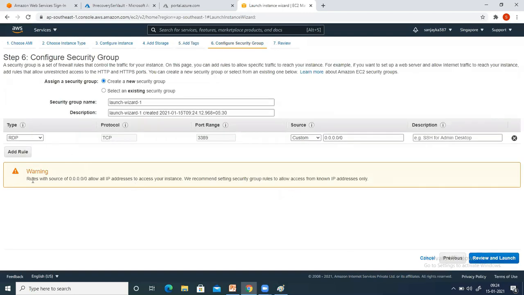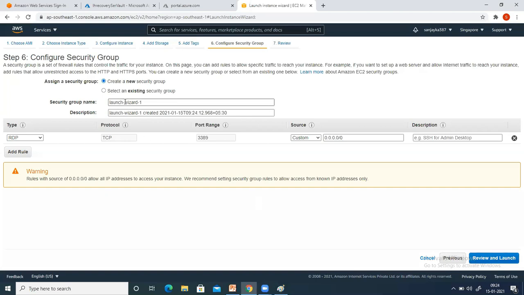When you come to the security group section, there are two options here. The first option, which is selected by default, asks whether you want to create a new security group. The security group we apply at the instance level. So it gives me an option to create a security group that can be applied on the EC2 instance which I'm trying to create right now.